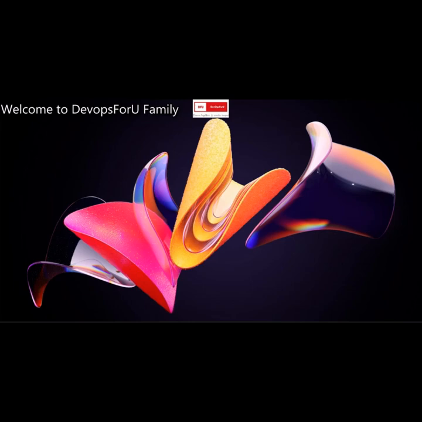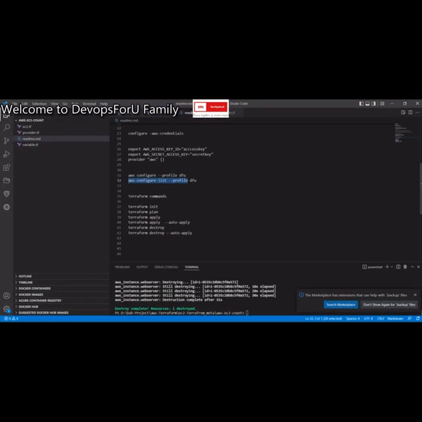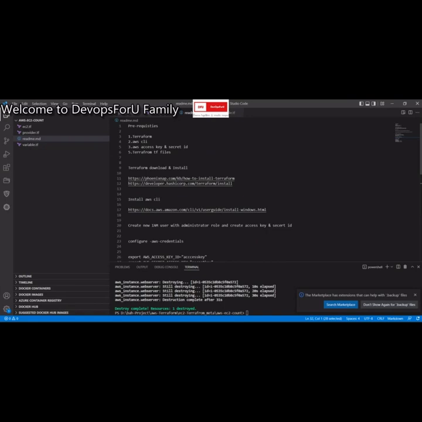Okay. So now these are the prerequisites. To use Terraform, we first need to download Terraform, then we need the AWS CLI, and we need to create an access key and secret key in AWS, and we need to create the .tf files. Okay, first, let me grab this